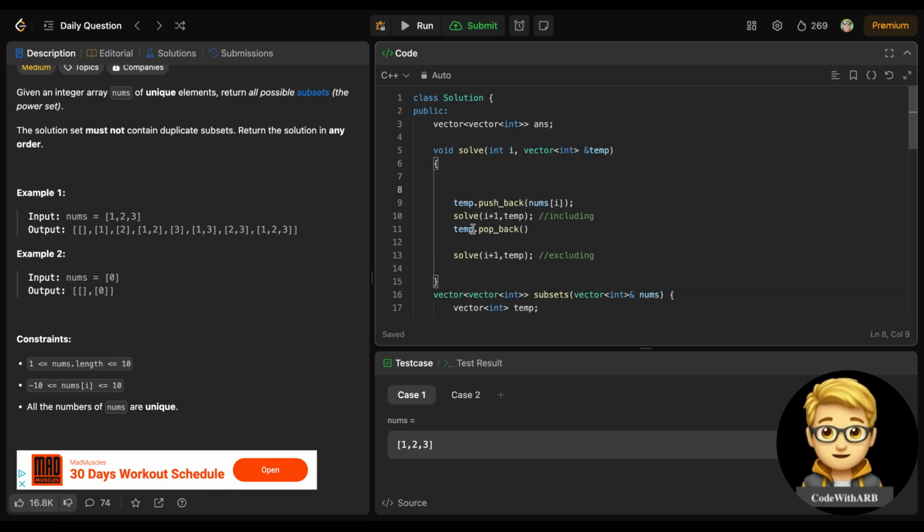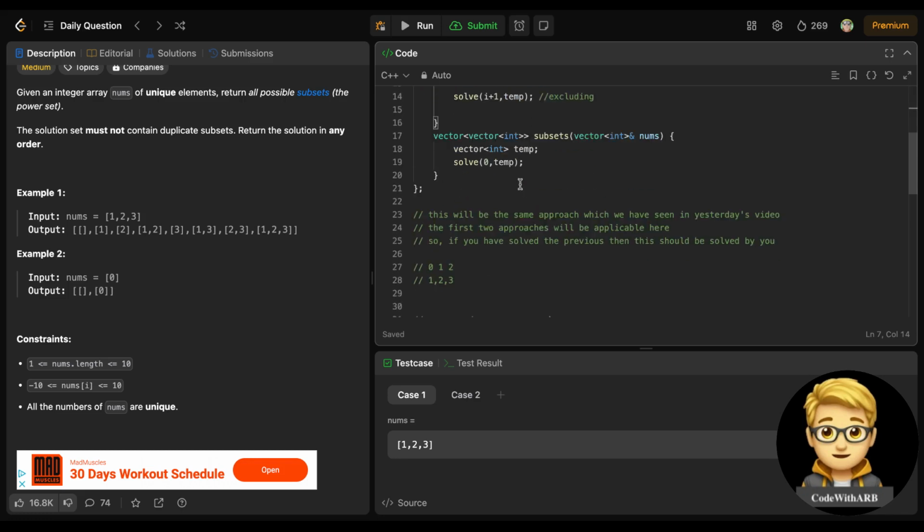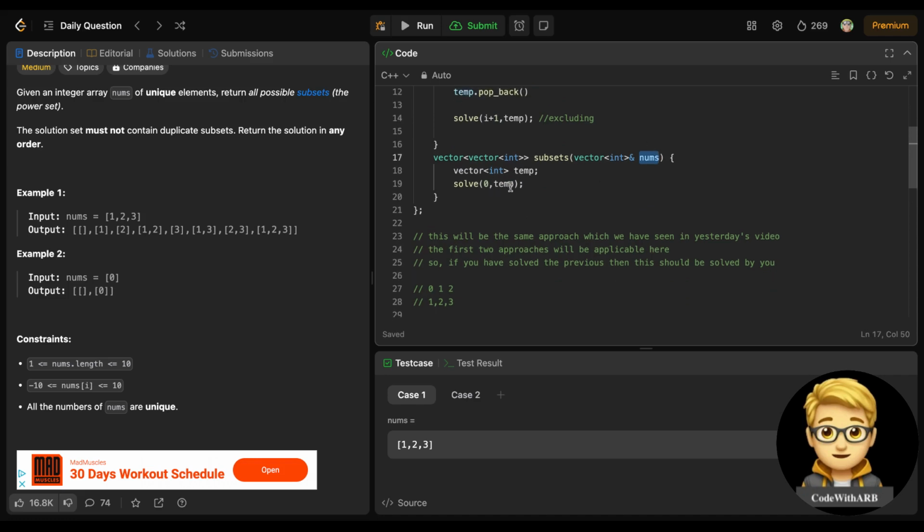Okay, now when will this recursion end? I have told you that this i plus 1 is the only thing changing here. So if i is greater than or equal to n, where n is the nums size, right. So n is the nums size, and I need to pass this also.